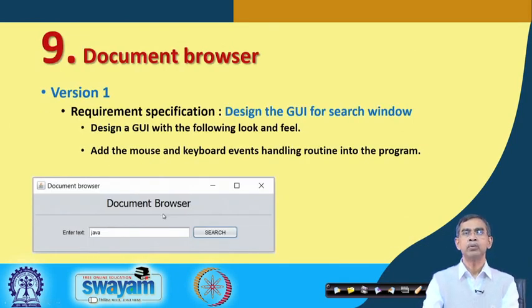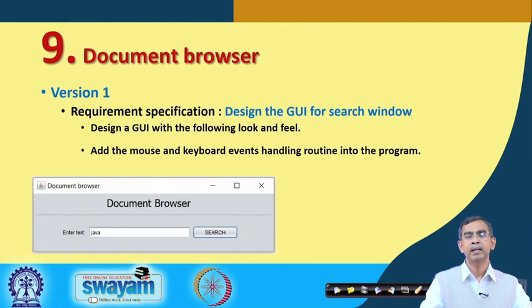Now, let us see how we can develop this step by step. First, we have to create a simple layout. As we have shown here, the layout includes one simple text field, a label, and then a button. Here the label is basically the prompt to enter the keyword that you want to supply, and this is the text field where the user will provide the keyword, and then finally Search.